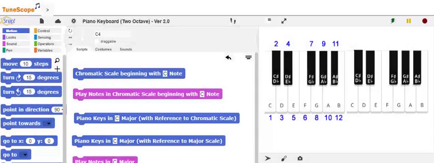The Western chromatic scale consists of 12 notes. These include, on the piano keyboard, 7 white keys and 5 black keys. In the diagram on the right, these keys are numbered 1 through 12. And I can play these notes and get